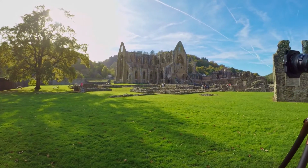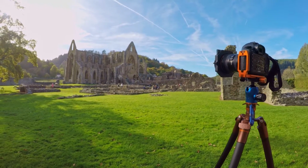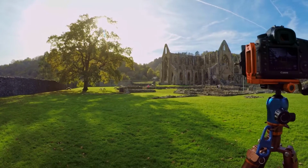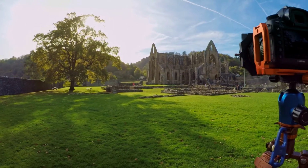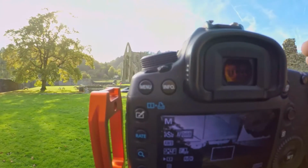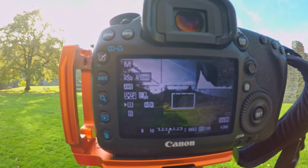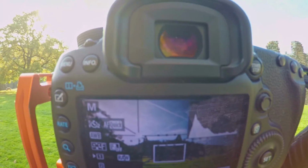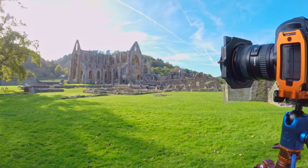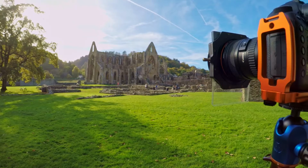Well, we've had a walk around most of the Abbey, and this seems to be the best viewpoint I could find that really shows the Abbey in its location. Problem is, the sun is backlighting the Abbey and is proving quite tricky to get a decent exposure. You can see on the screen here, I don't know if you can see, but I'm actually at f10 for 1/8 of a second at ISO 100, and within that I have got a polarizing filter to try and stop some of the glare from the grass in the foreground,